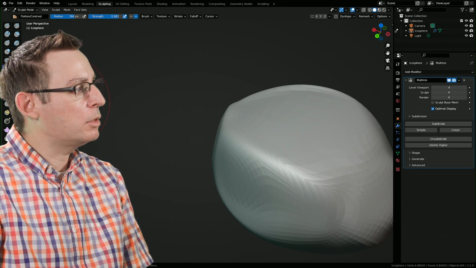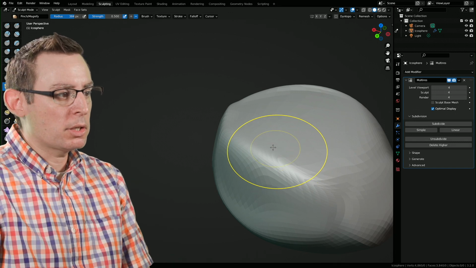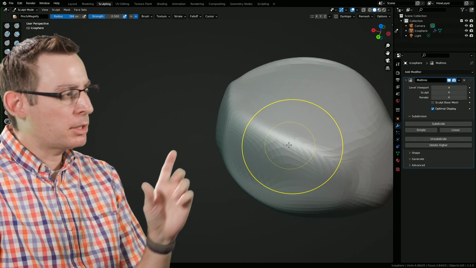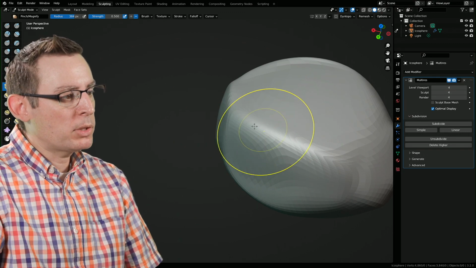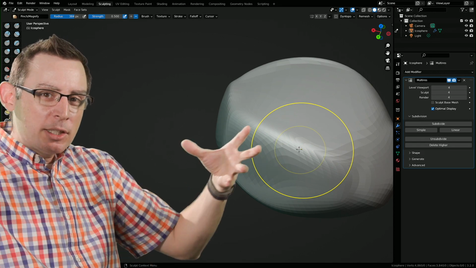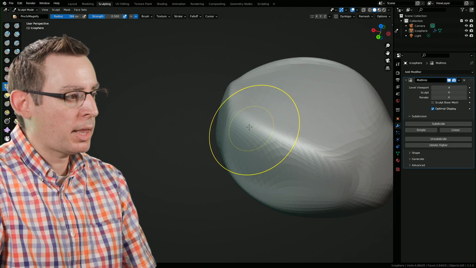Let me show you another great tool that will allow us to kind of tighten up some of these transitions in our planes. It's called the pinch tool. The pinch brush is a yellow one. It's got the two arrows on it. And look what happens when I transition over an area of my mesh where there's a corner. It's going to pinch and pull all of the vertices towards the center of the brush. It's kind of like a magnet.